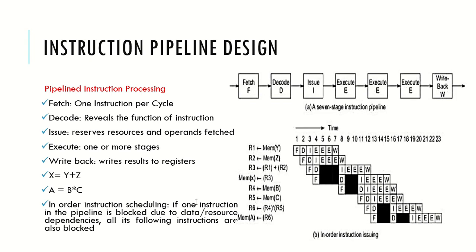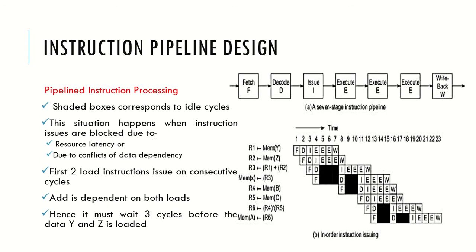So this is in the case of in order instruction scheduling, because we don't have made any changes in the order of the sequence of the execution. We are executing the instructions as such as given in the program. Suppose if we could rearrange these given instructions so that you could save the pipeline from stalling, then that is called out of order scheduling. Okay, so out of order scheduling, I'll show you. So yeah, this is an explanation about what is happening here. Moving to the next slide.